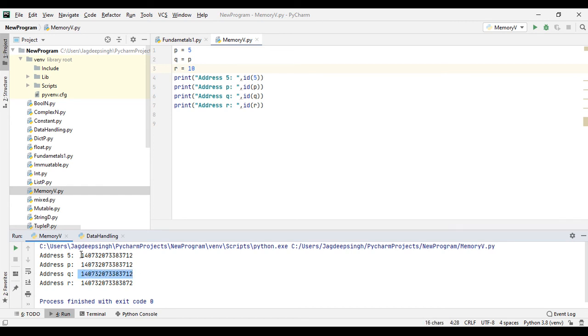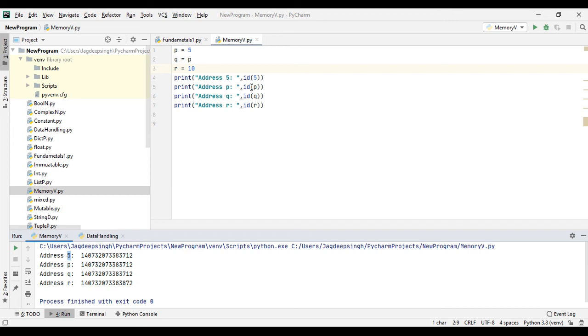So in Python these values are already stored in some space named data space, and when we declare any variable and assign these values to that variable, Python will create a pointer to this value by the name of the variable you define. So here p and q are pointing to the memory address of 5.